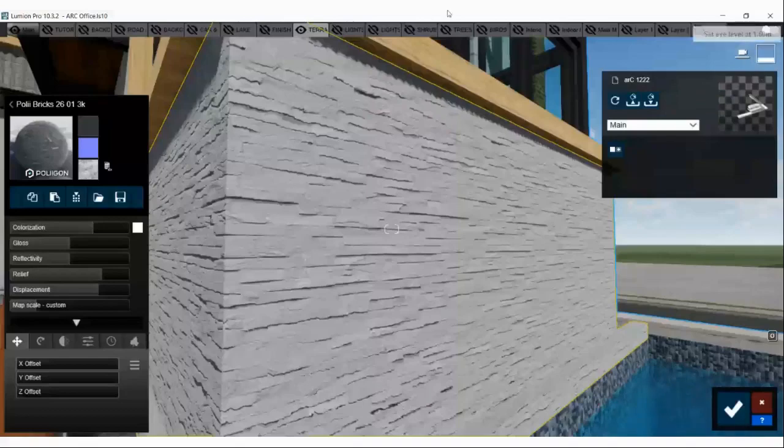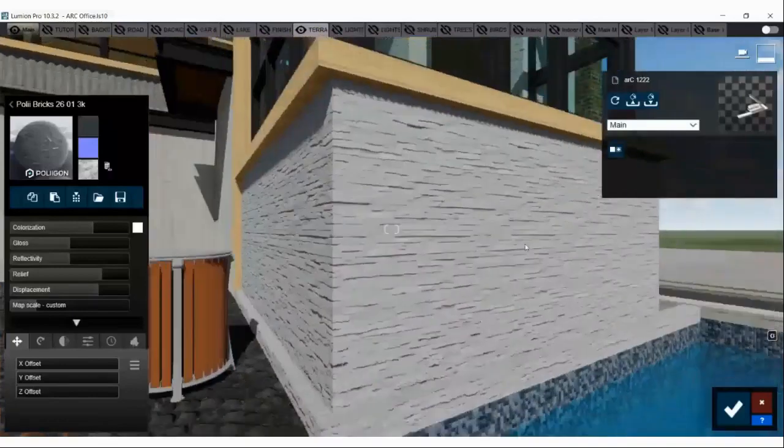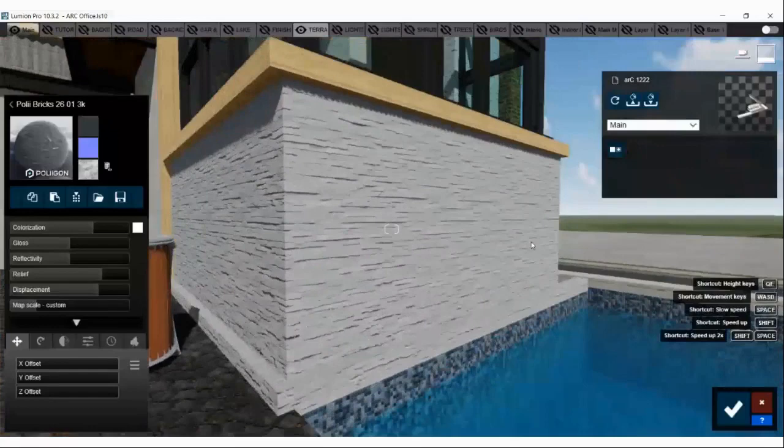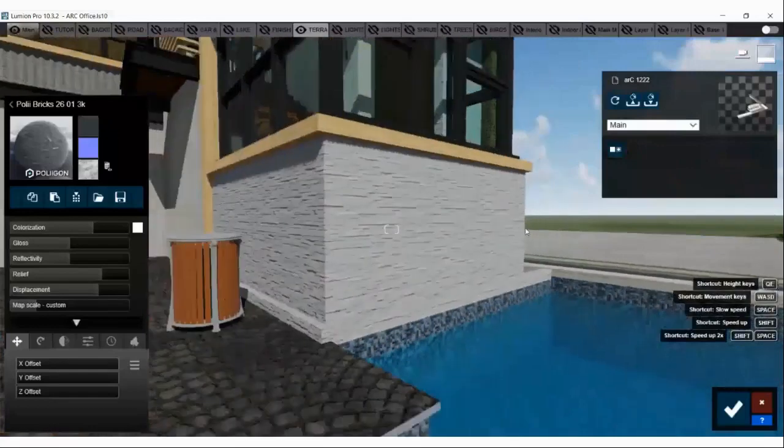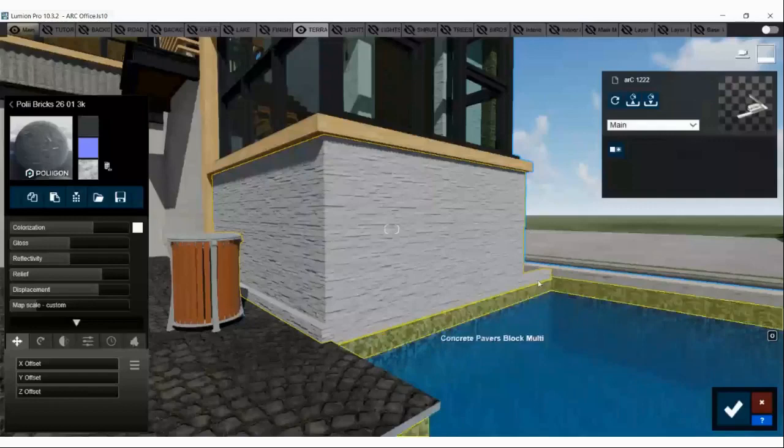Another thing is that once you have created any material and you want to use it for a further project or in the same project, with the same properties, the same color, the same gloss, reflection, displacement, and the same bump, there is a new option to save your material as a custom material and give it a name.